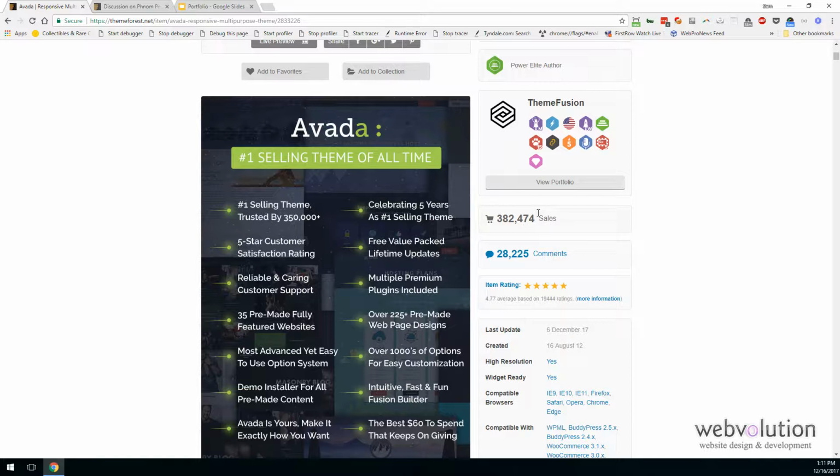So the first thing I want to look at is the sales volume. Typically I will look for templates that have high sales volume. In the case of Aveda, it's definitely really high, so that's definitely a pro, a positive thing. Now I'm not too concerned that there's 382,474 sales for this particular template, meaning there's a possibility that there's 382,000 websites using the